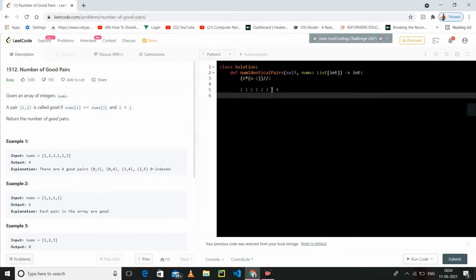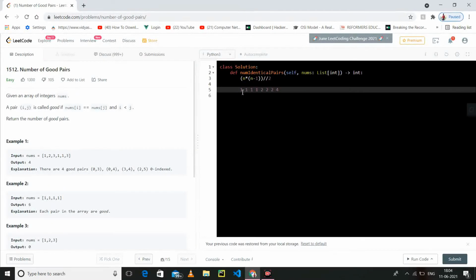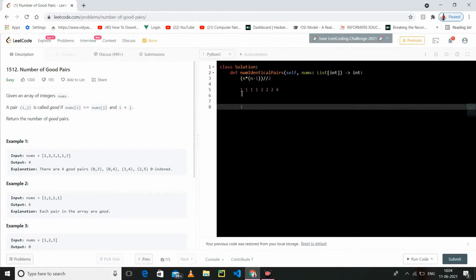So what is the number of good pairs? 1 1: this is index 0 and index 1, this is 1, this is 1. Then 0 and the second index, this is also a good pair. 0 and the third, also a good pair. Then first and second, first and third, then second and third.